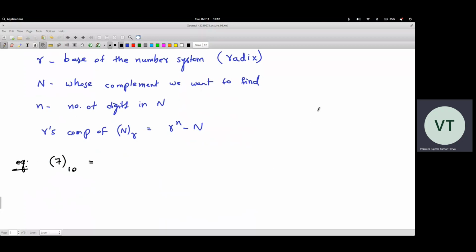Can you reduce the complexity? Can you do it faster? All these kinds of questions they ask. Similarly, when we are performing operations like addition, subtraction, whatever they are, can we optimize it further? That is the question. So to optimize it further, rather than performing actual subtraction, what we do is, when